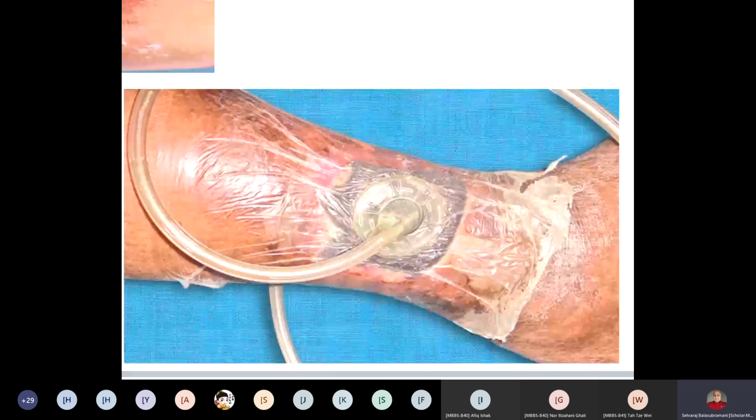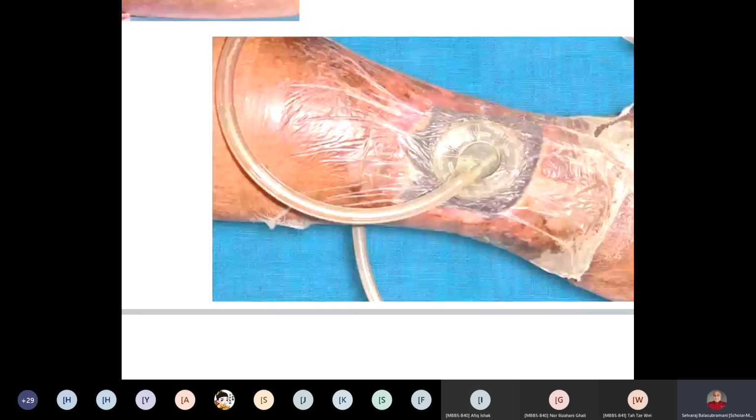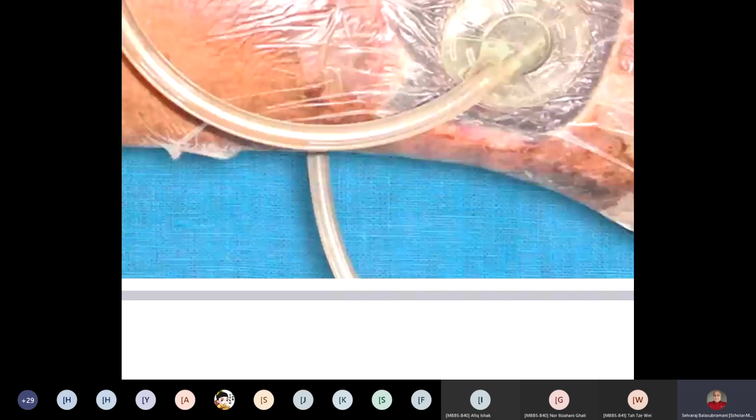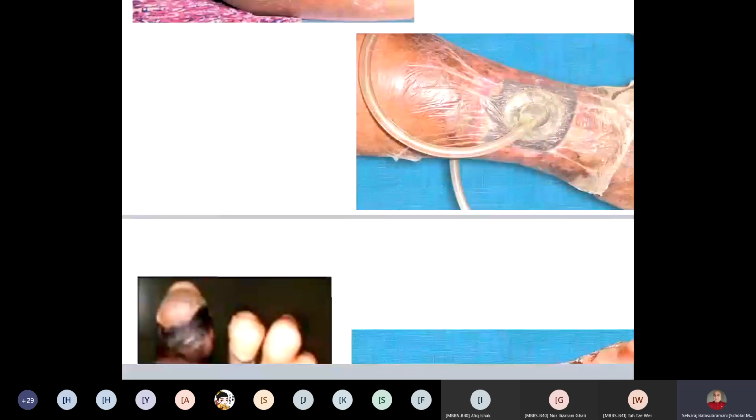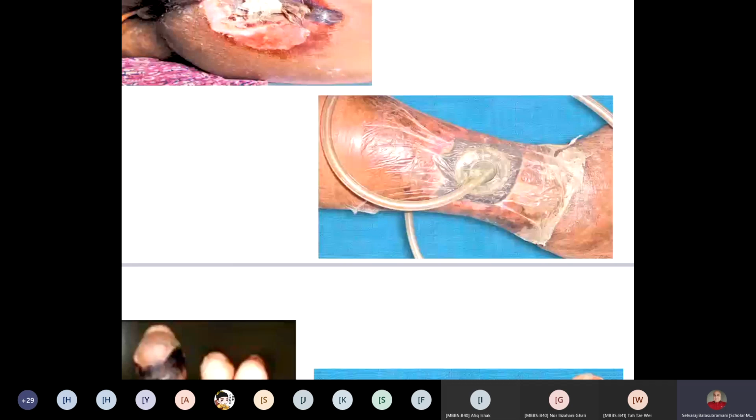The trade name for this is called Opsite dressing. This you have to put. This is an occlusive dressing, which means even air cannot enter into that. You are seeing that the end of the tube is coming out there. At that end, you have to attach negative suction. So whatever air is remaining inside will be sucked out and a vacuum will be produced inside. Because it is airtight, no air can go inside. So inside this wound, there will be vacuum.